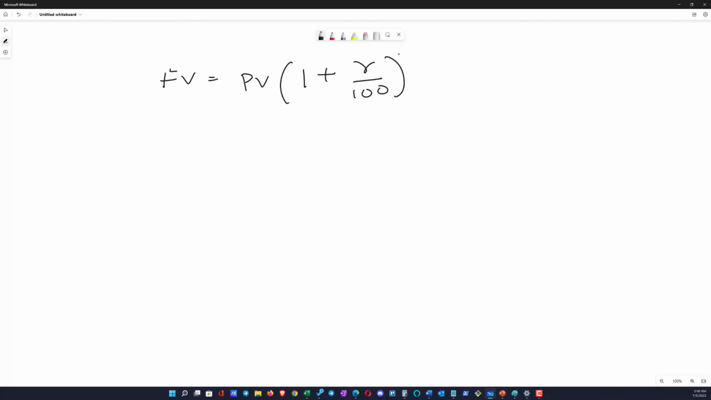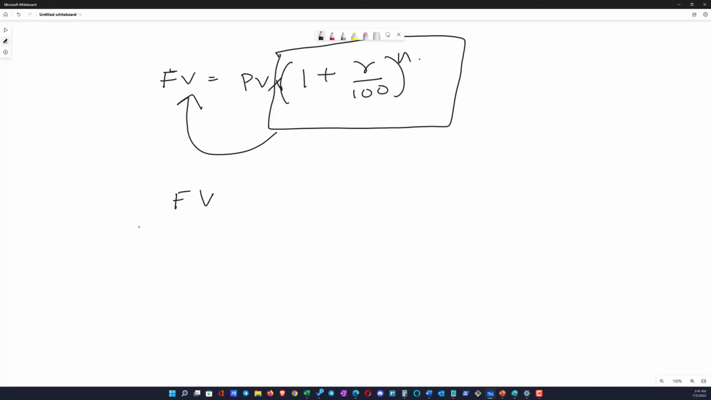Now future value is equal to present value times (1 plus R by 100) whole power n. If I need to keep the present value alone, I'm just going to send this entire part to this side. If it is multiplying here, it's going to divide there. So it's going to be future value divided by (1 plus R by 100) whole power n,